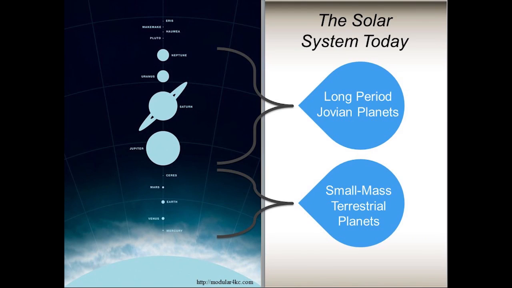Jupiter, Saturn, Uranus, and Neptune all reside in long-period orbits. In the inner annulus, the terrestrial planets are of a small mass. In recent years, planetary formation and migration studies have pointed towards Jupiter as being the cause of the development of the solar system structure. Jupiter initially formed at an orbit of around 1.5 astronomical units, where it began to migrate